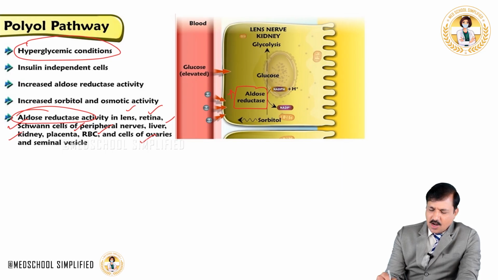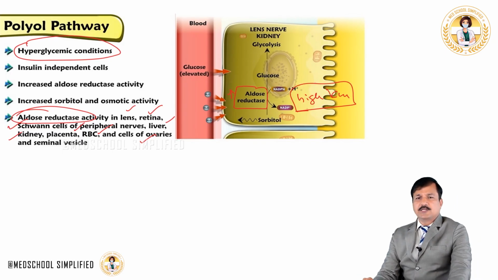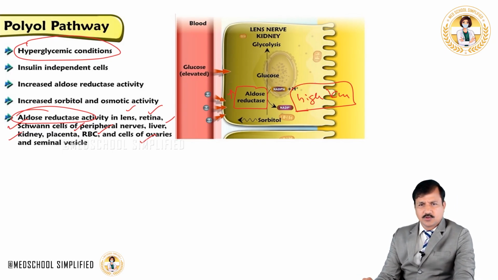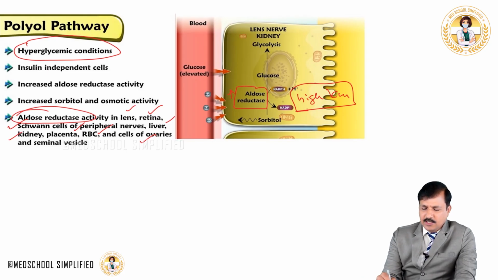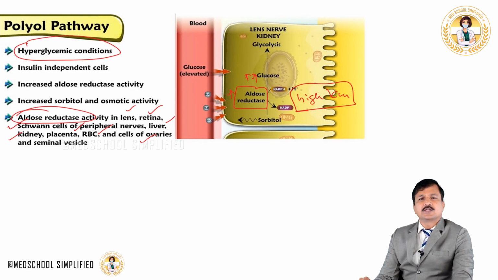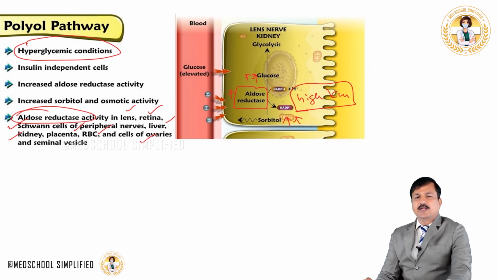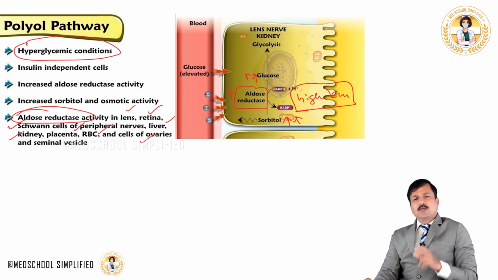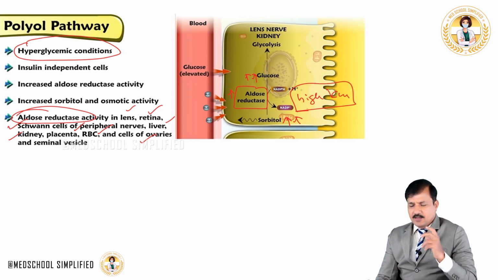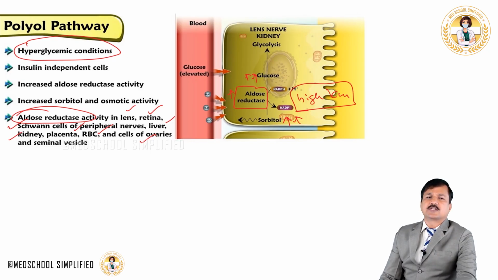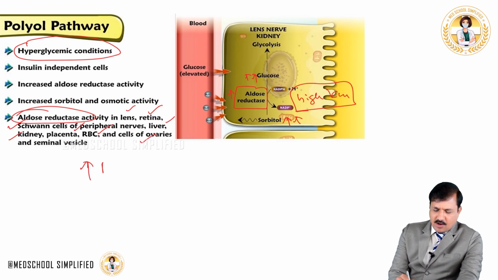Why? Because aldose reductase is a high Km enzyme. It has a high Km for glucose, which means it has lower affinity for glucose. So only when glucose levels are rising in the cell is glucose converted into sorbitol. So the point that you need to remember is that an increase in aldose